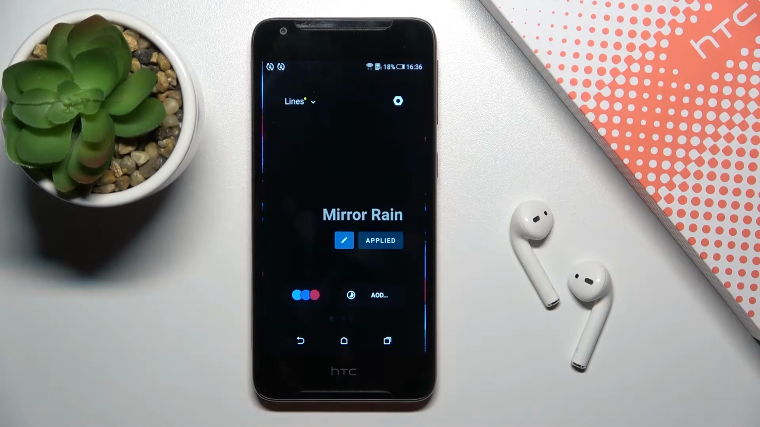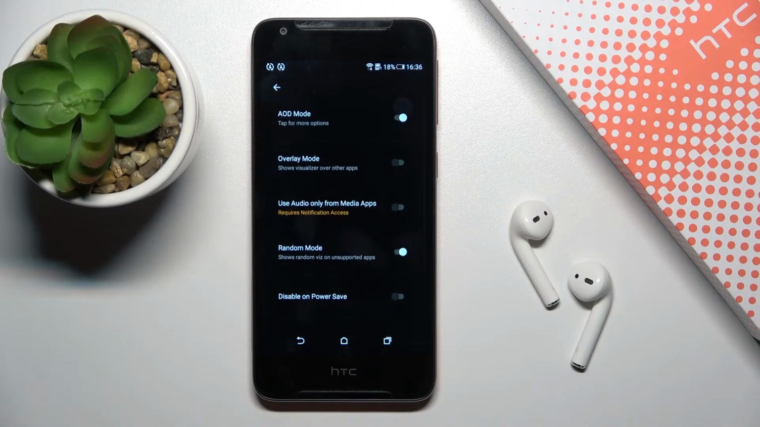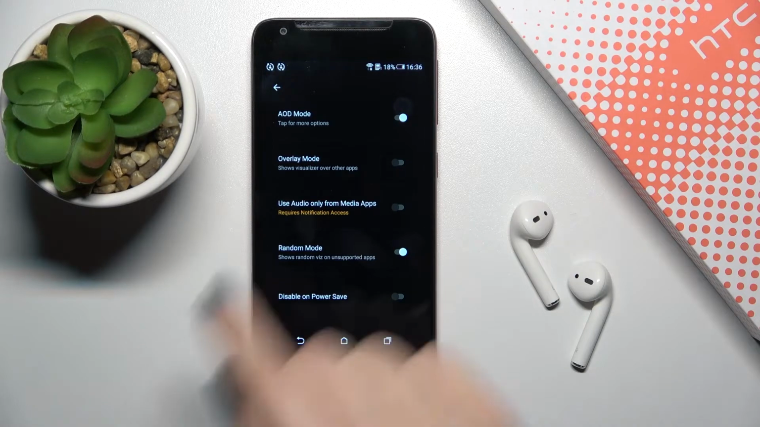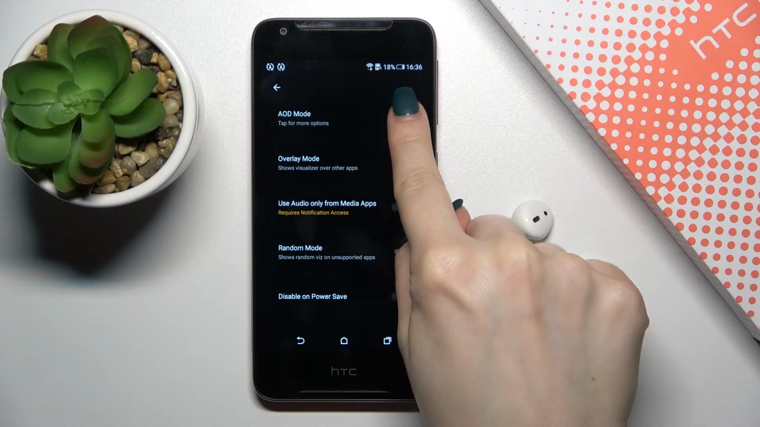launch the Muviz Edge application. Here, as you can see, we got the Applied Overlay tab, so we should just tap here on the right upper corner on the settings icon, and here, as you can see, the always on display mode is activated, and